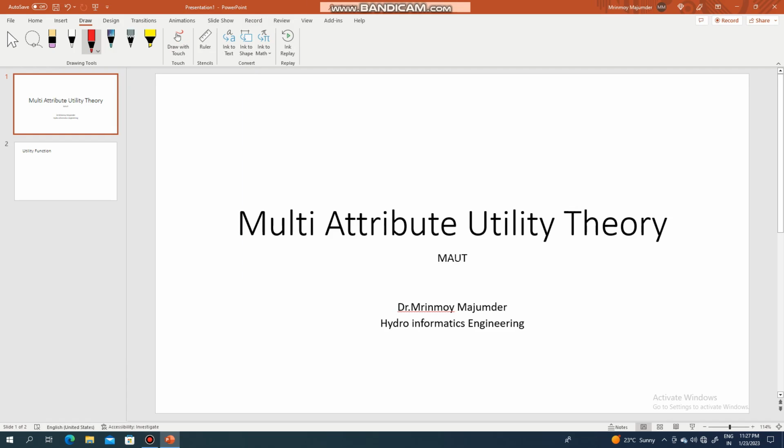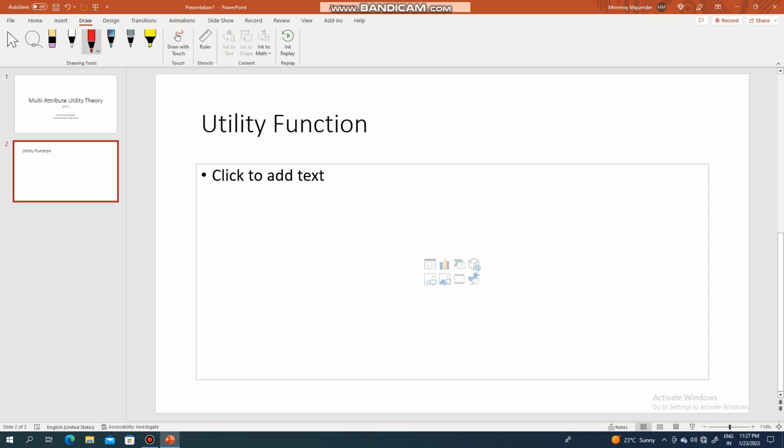So, welcome to this tutorial of multi-attribute utility theory. It is also known as MAUT. The concept is developed based on the utility function, which is equal to U. U is the utility function, and it states that